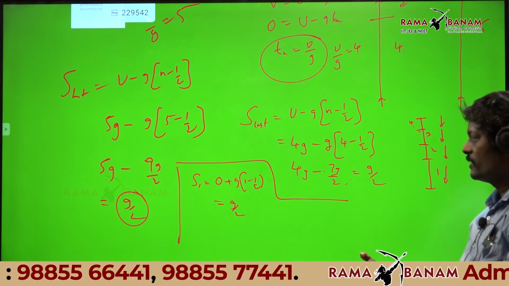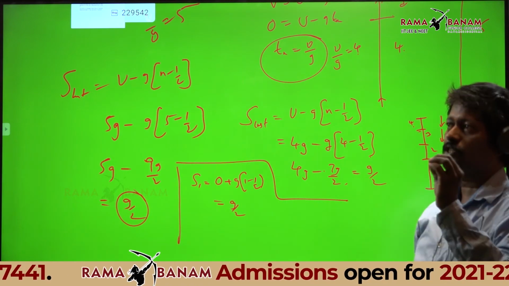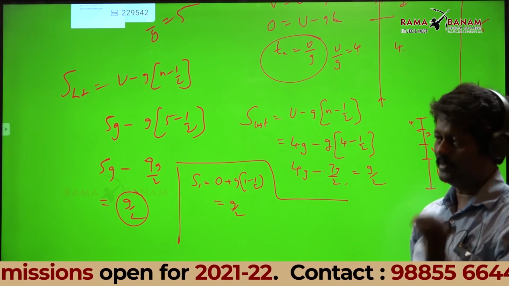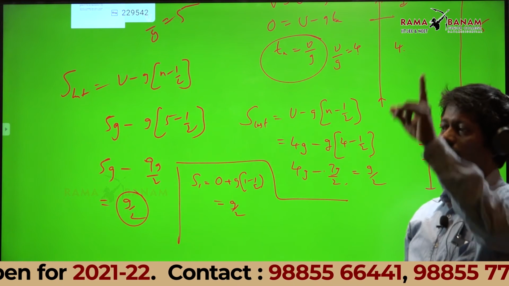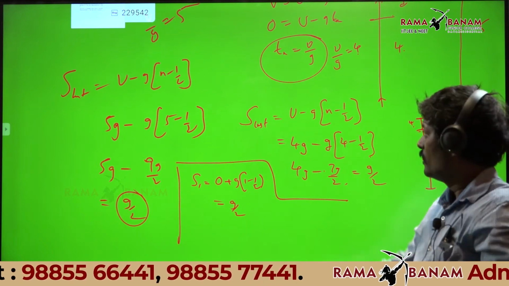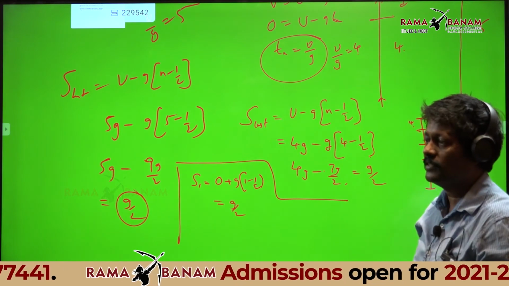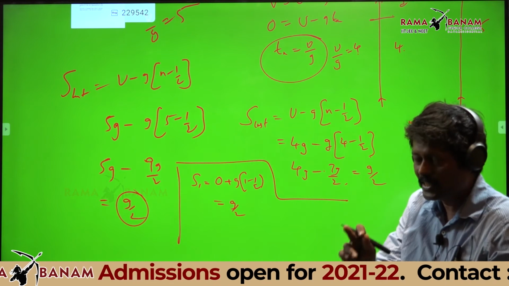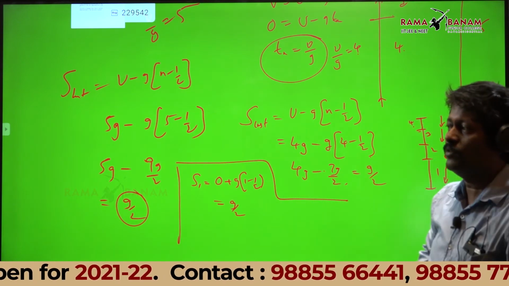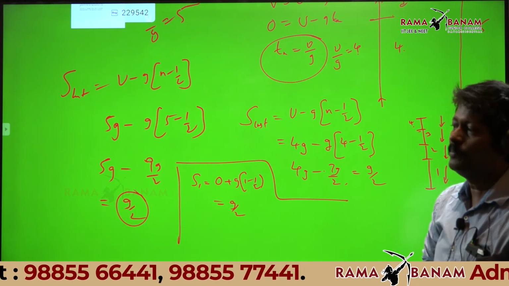That means the importance of this problem is whether the time of ascent is 4 or 5 or 6 or 7, whatever it may be. In the last second of ascent, it is D. In the fourth second it is D. In the fifth second it will be how much? The last second, D only. That D is nothing but 4.9 meters. So what is the answer now? g by 2.